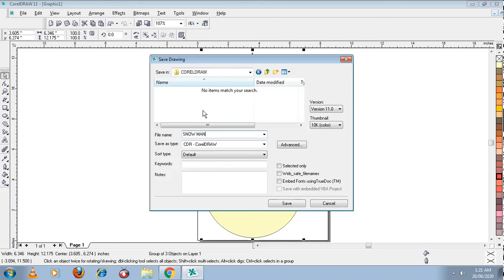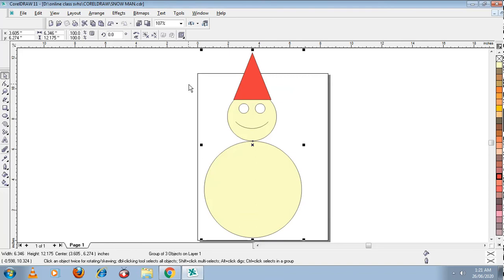This is our first character we have created using CorelDRAW. It is a little bit similar to it, so we are giving the name snowman and saving it. This file is saved. You can see the file name has appeared on the title bar. What is that? Snowman.cdr.